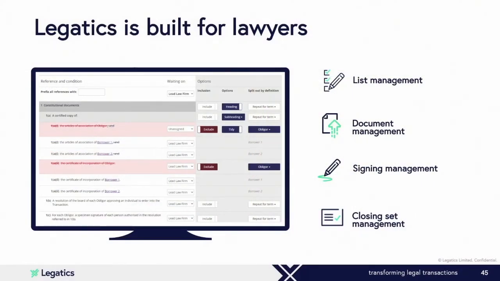Now, our import tool shown on screen makes this process so much easier. A lawyer needs to simply copy and paste the text from their legal agreement. This could be the schedule in your sale and purchase agreement containing all of the completion obligations. Paste this into our tool, and it will use artificial intelligence to identify the headers, the subheaders. It will split each clause out into individual rows. The lawyer can then do some quick editing, press import, and in a matter of minutes, not hours, a list is set up for everyone to start collaborating on.